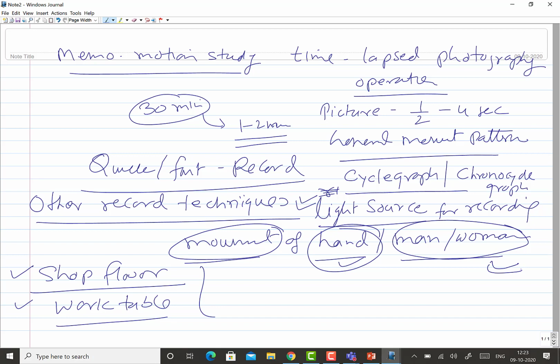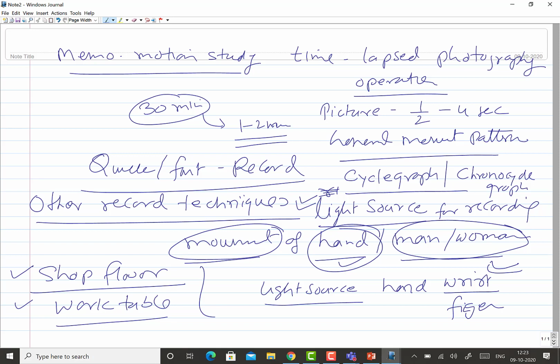So basically, if the movement of the hand is to be recorded, then a light source is mounted on the hand, maybe wrapped around the wrist, or the worker is given it to wear on the finger.